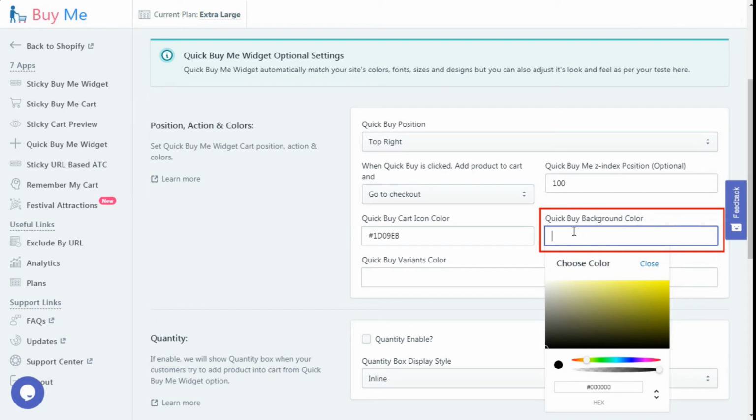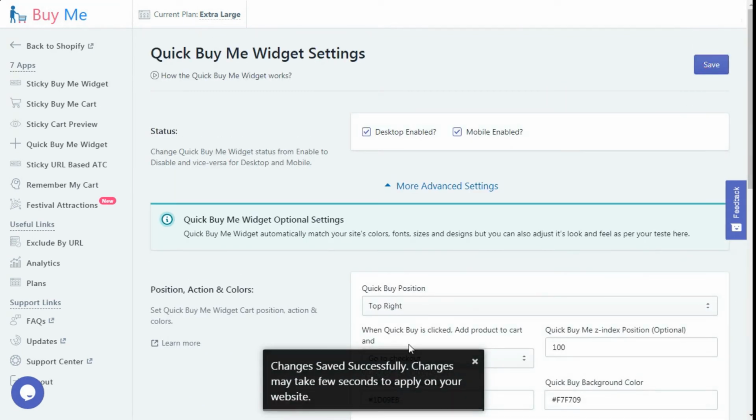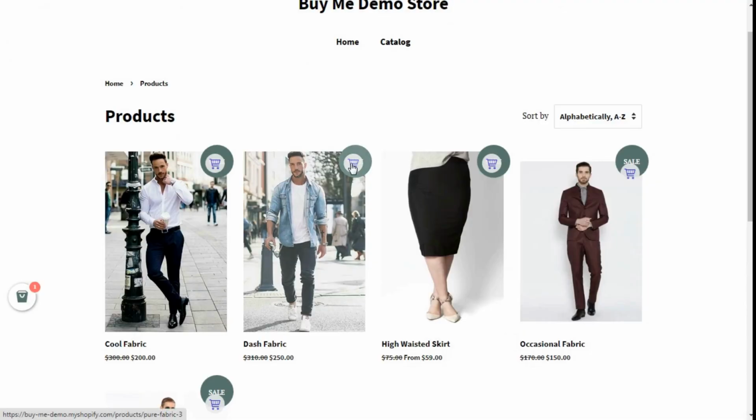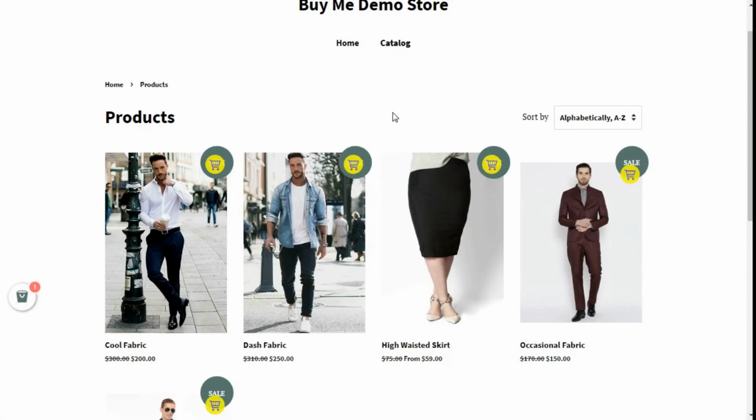For example, to set the yellow color, you can set it by hash F7F709. Please press the save button after making any changes. Please visit the website and reload the product page to see the effect. As you can see here, the background color of the Quick Buy Me widget icon has been changed.